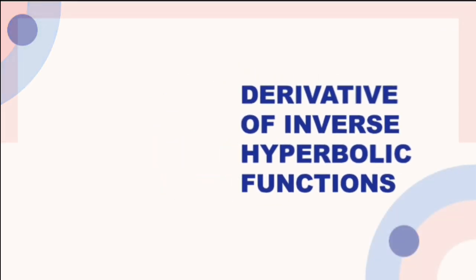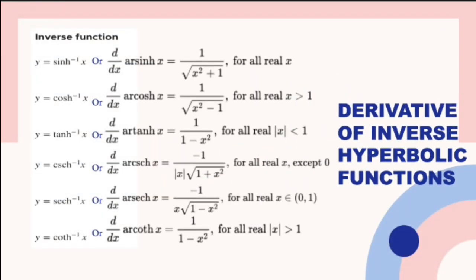So as you can see here, we have inverse function of derivative. Inverse function y equals hyperbolic sine, or d over dx arc sine x equals 1 over square root of x squared plus 1, which is x all real. Y equals hyperbolic cosine, or d over dx arc cos x equals 1 over square root of x squared minus 1, which is x all real greater than